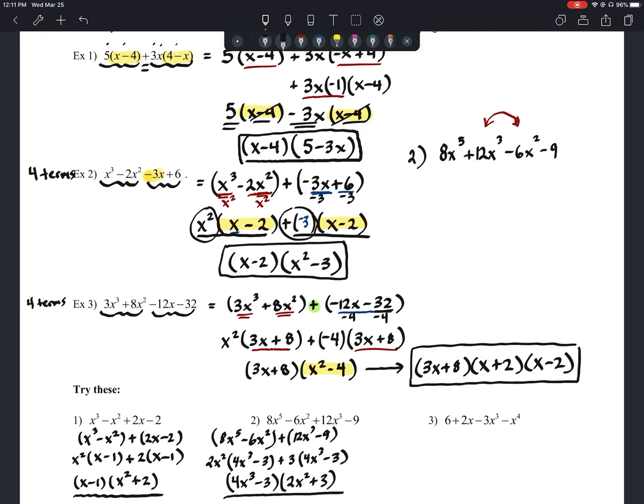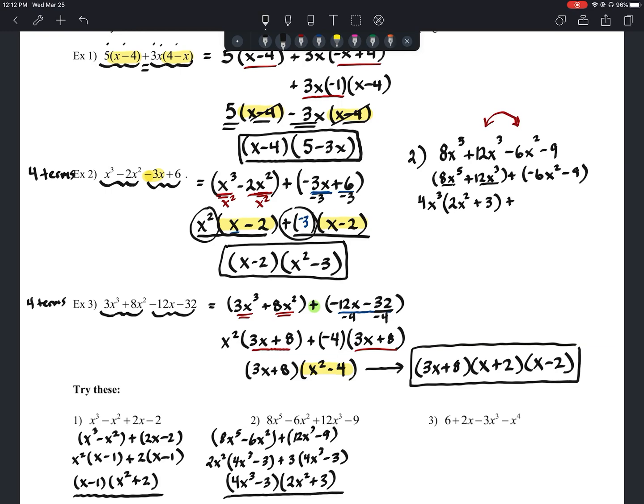Okay, so if we group those first two terms together, we have 8x to the fifth plus 12x to the third plus a negative 6x squared minus 9. And if I wanted to take out something here, between 8 and 12, 4 goes into both of those numbers, so I can pull out a 4. And then they both have at least 3 x's, so we have 4x to the third. And what's left over there would be, 4 goes into 8 twice, and then we'd have an x squared there, and then 4 goes into 12 3 times, so we have 2x squared plus 3, and then plus,